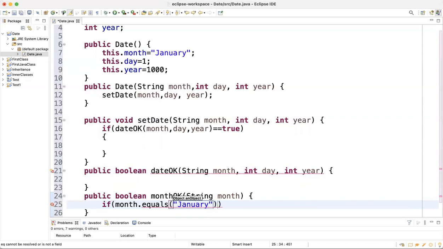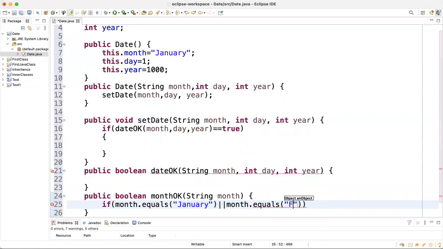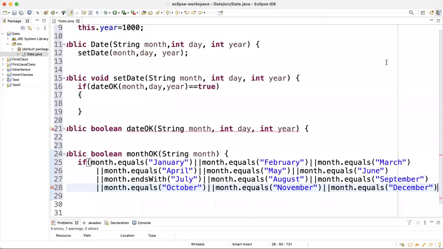January, or month dot equals February, or, again, we have to check all 12 conditions, month dot equals March. Let me just complete this. So we have checked this condition for all the months, month dot equals January, February, March, April, May, June, July, August, September. And if it is true,